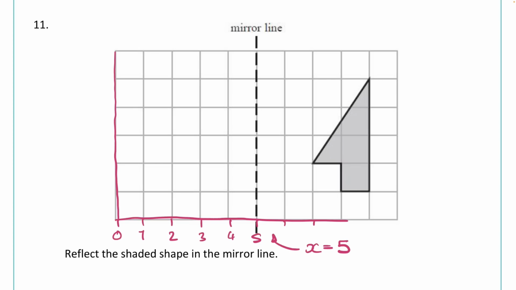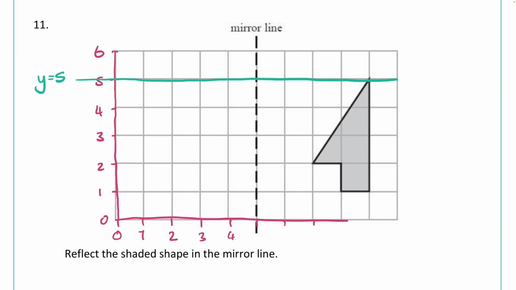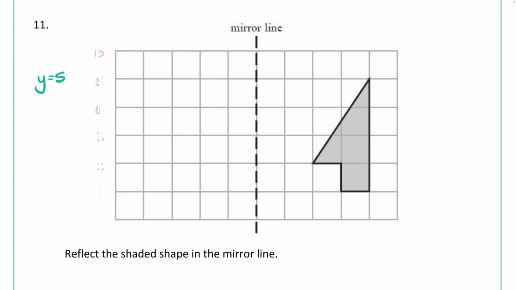And if it's scaled and we have a horizontal line as well, let's imagine it goes 1, 2, 3, 4, 5. Well, you could be asked to reflect a shape in a line y equals 5 as well, which would be going across here. So you do need to know how to find these lines, even though this particular reflection is a relatively nice one. So we obviously don't need to think about that for this question, we just need to reflect it and